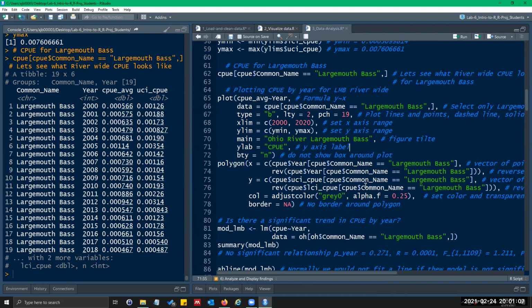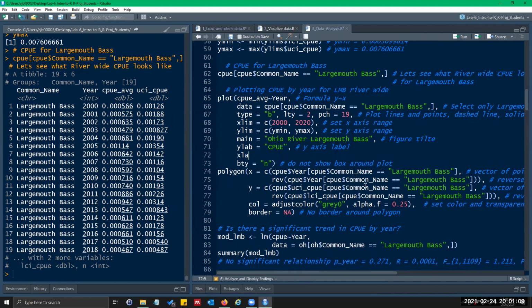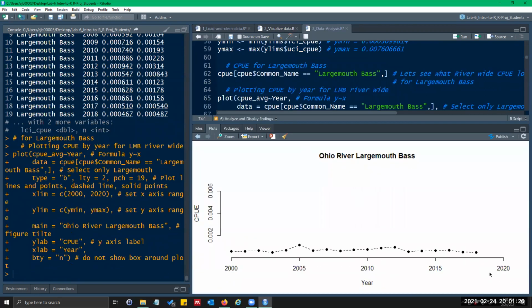Maybe we should put that in there. xlab equal year, and then don't forget the comma. And then bty equal n just means no box around it. So if I plot that, you get a nice little plot, line plot, I guess, of your average catch per unit effort for largemouth every year.